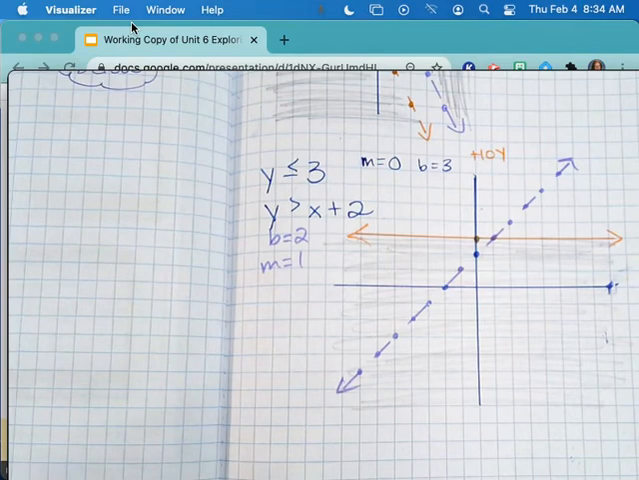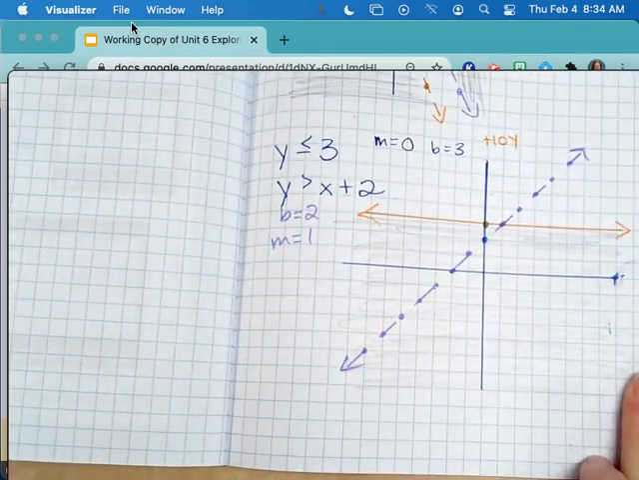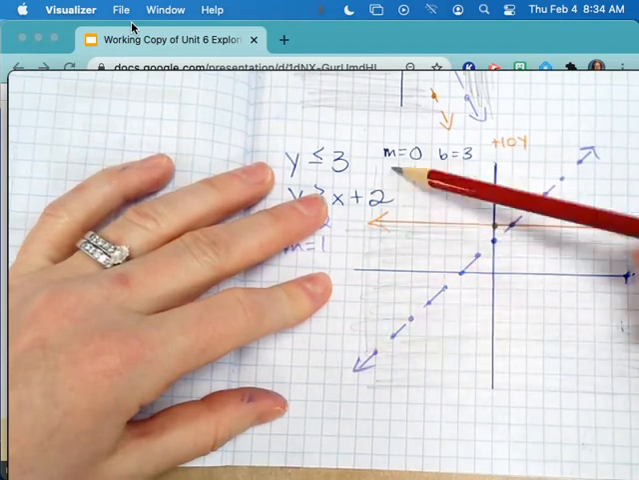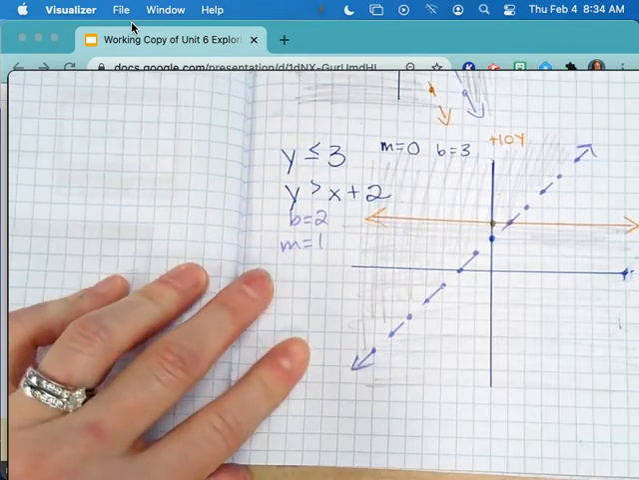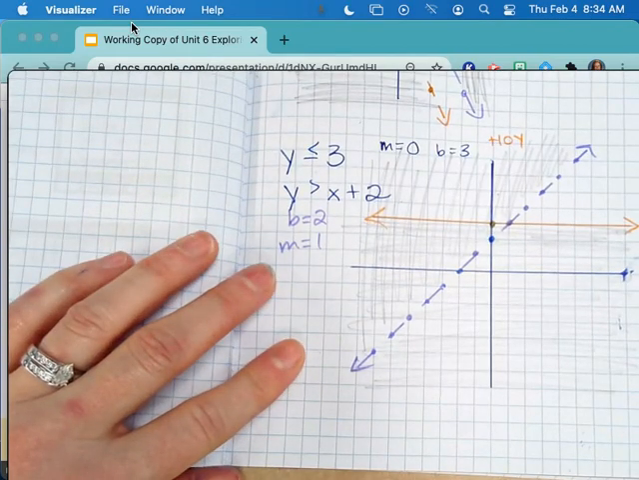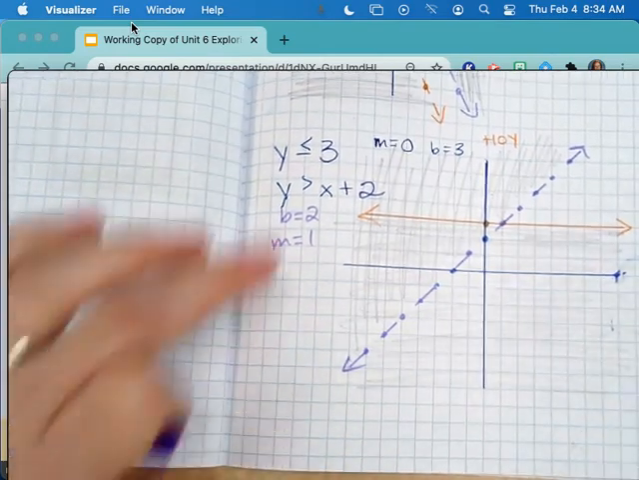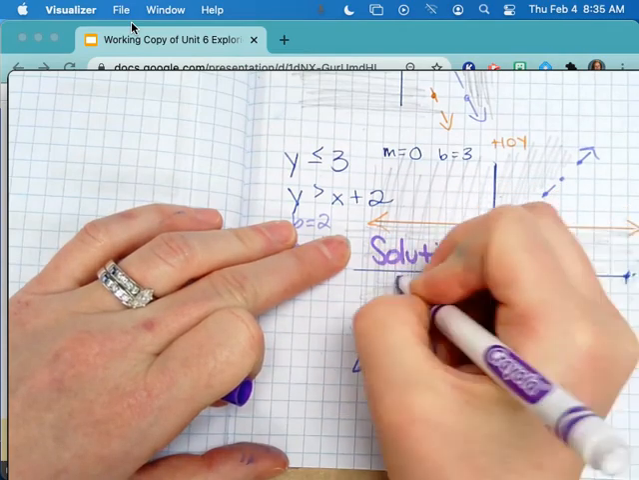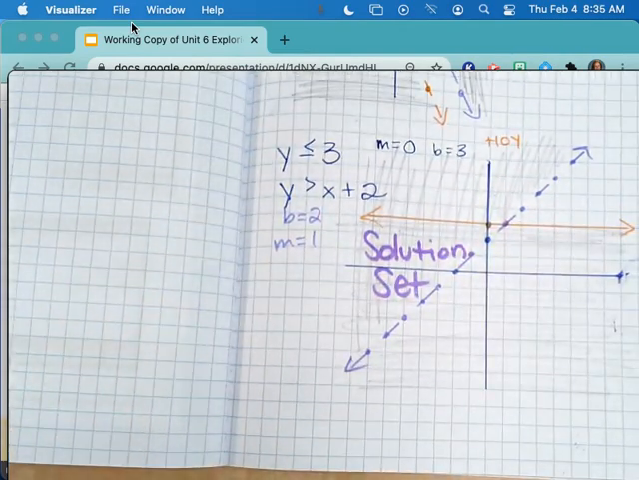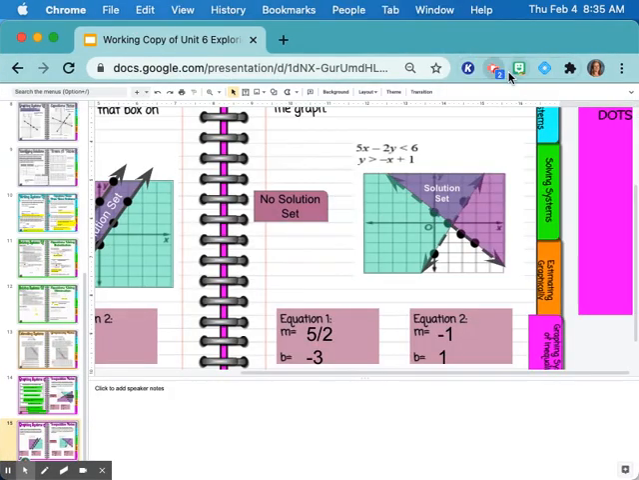And how are we going to shade this one? Above. So see how I did this one back and forth horizontal lines? So the other one, I'm going to go up and down so I can see where it crosses. Where does it cross? So this is where it was shaded both ways. So this is your solution set. All right, that is all. Tomorrow you'll have an